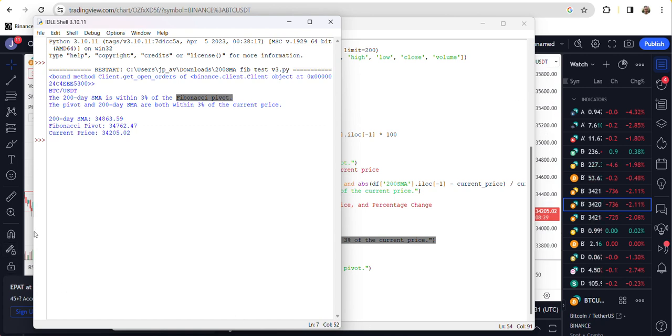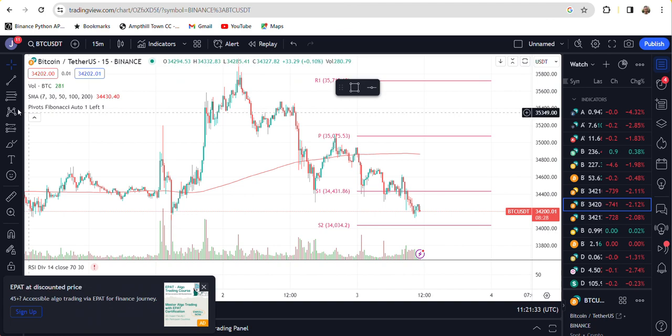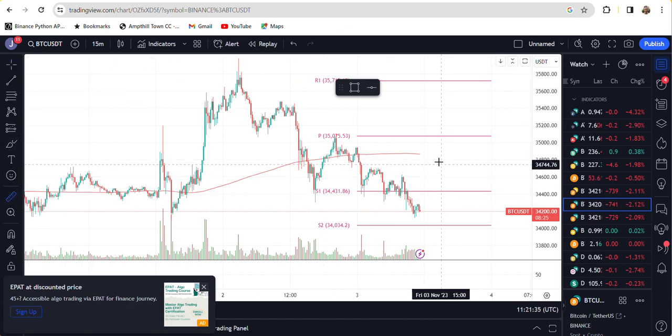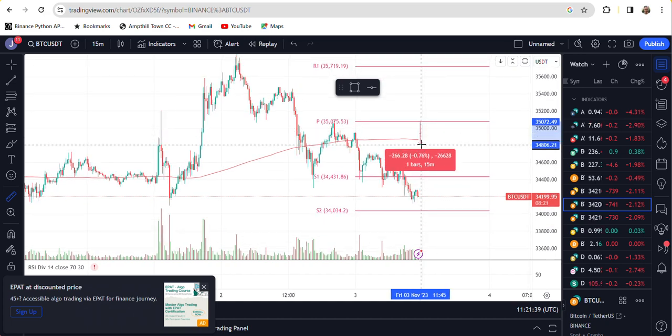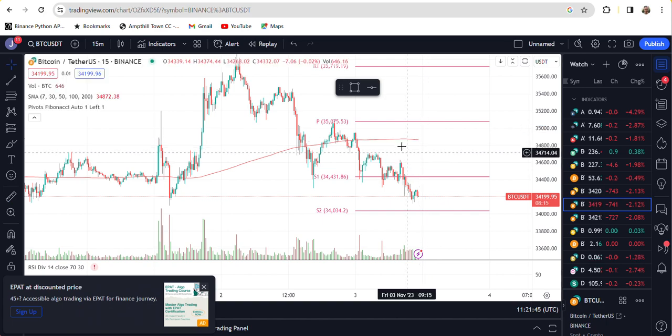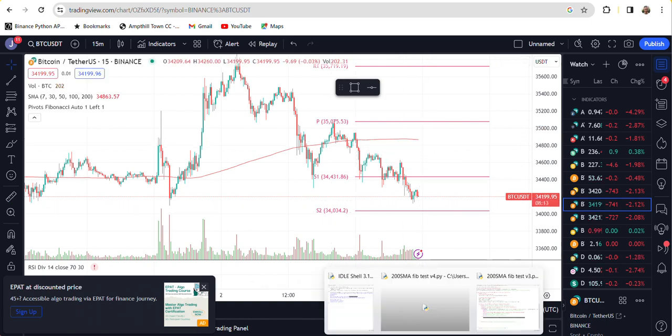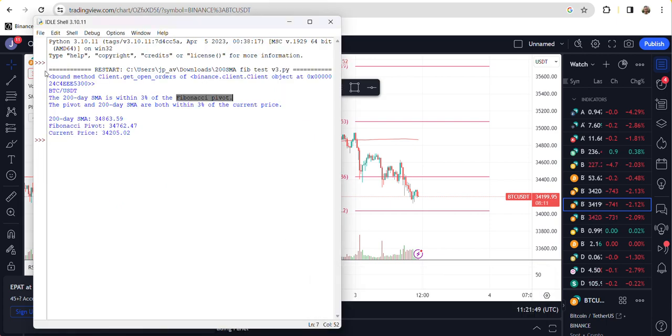So let's just confirm that. If we go to the 200-day SMA and the Fibonacci pivot, just there, we can see it's 0.6%, so that's correct. Then we'll head back to our output.